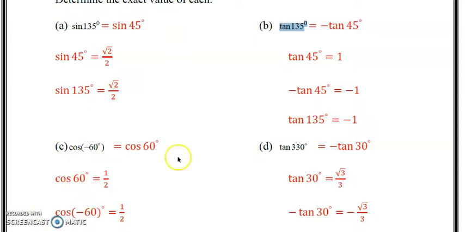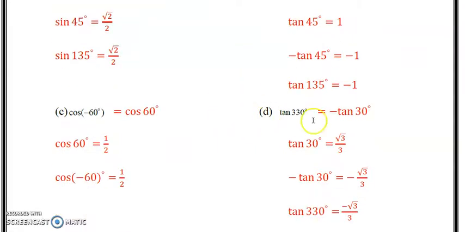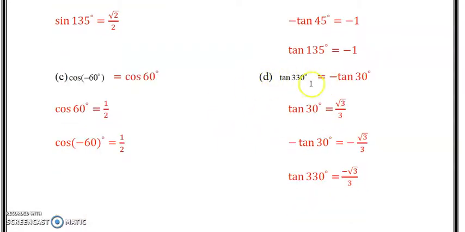Hi everybody, we're just going to finish off 2 part 1 and then we're going to continue on with 2. It's a longer section. And the last one we didn't get time to do was the tan of 330. Remember, click back to our CAST summary chart there. The tan of 330, remember in quadrant 4, cos is the only one that's positive, so